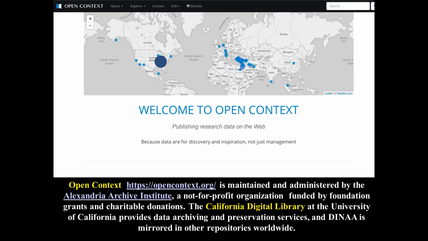DINA digital data, including all constituent software, are maintained online by Open Context and archived with the California Digital Library, a world leader in digital preservation. The data are also mirrored in a number of repositories in the US and internationally to ensure the long-term survival of the information. While presently focused on the United States, the DINA informatics structure can be adopted anywhere, something we encourage by the use of open source, open access programming and data. We are always seeking new data providers and others willing to provide assistance.